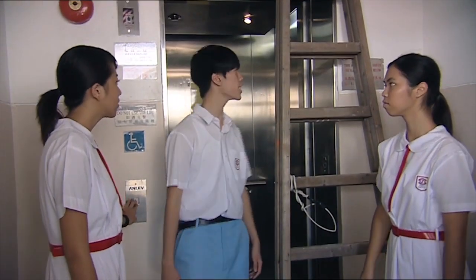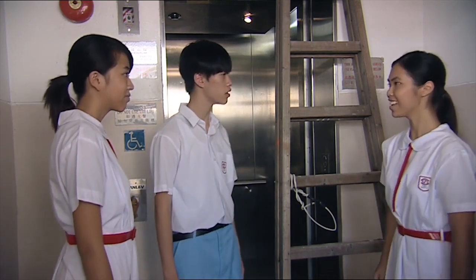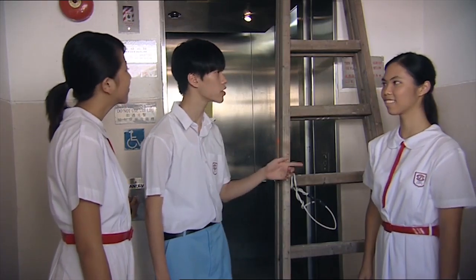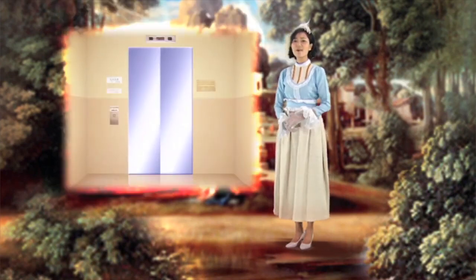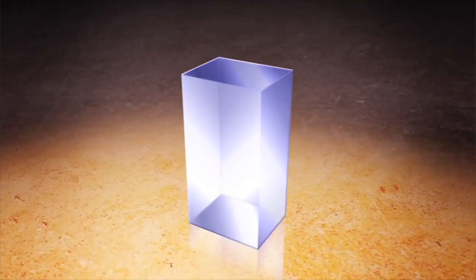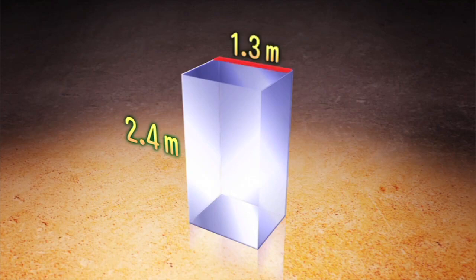The ladder is longer than the lift. It seems that the ladder cannot be put inside the lift. Yes, it can be put inside the lift by leaning the ladder. Oh yes! The student is so clever. She knows that we shall lean the ladder. Let's calculate what is the longest possible length of the ladder that can be put inside the lift. If the height of the elevator is 2.4 meters, the length is 1.3 meters, and the width is 1 meter,